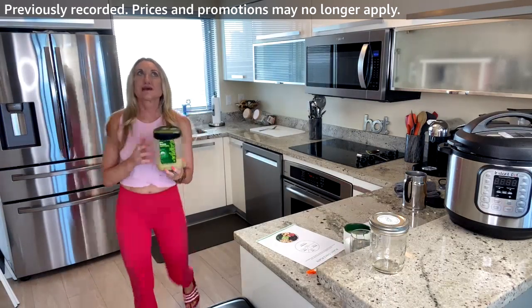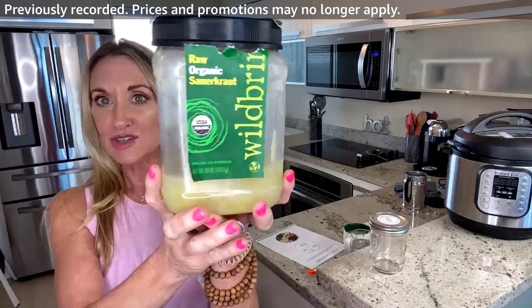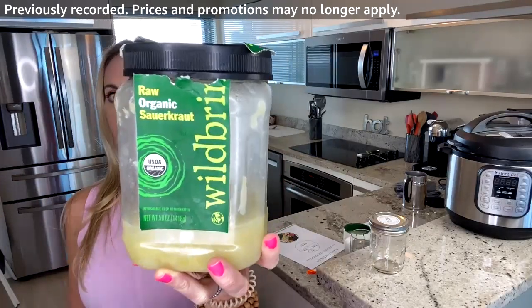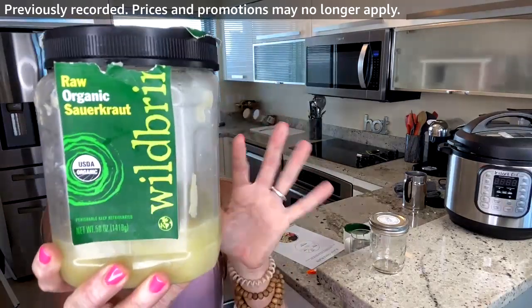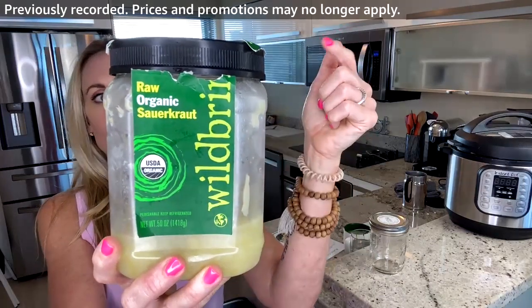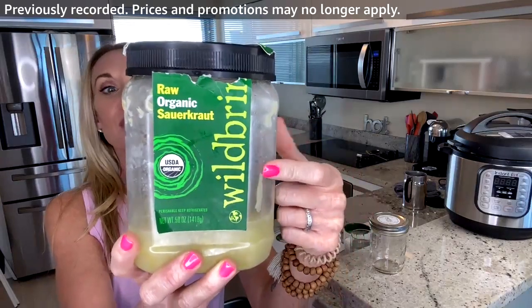And literally, I just had, who is still eating leftovers from Thanksgiving? I actually am just finally finishing. But this Wild Brine, if you have not tried this brand, I don't know if we can get this on Amazon or not, but you can get it. It's so good. Definitely you can get it at Whole Foods. So you could add it to your Prime and have them deliver it to your house. But this Wild Brine,